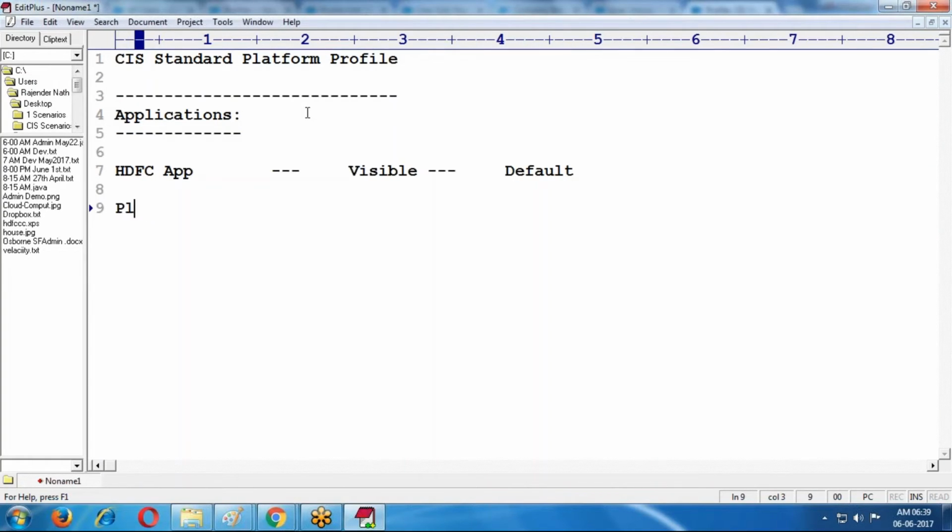Now platform, this is application visible only. Two applications I enabled. One application is by default, whenever we are logging into Salesforce, automatically I want to display the HDFC application.